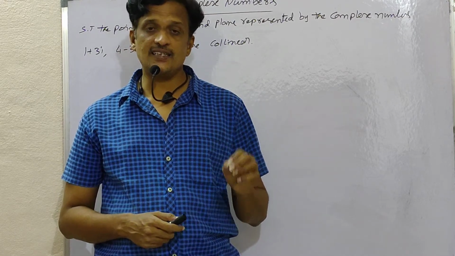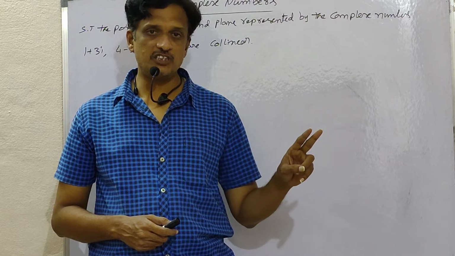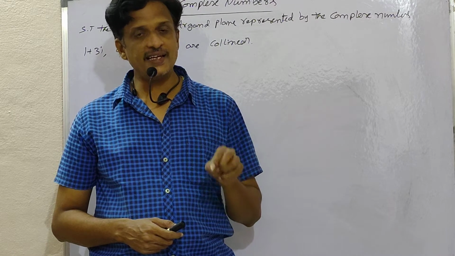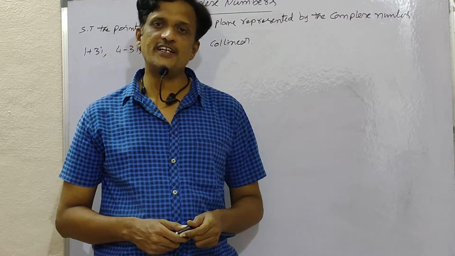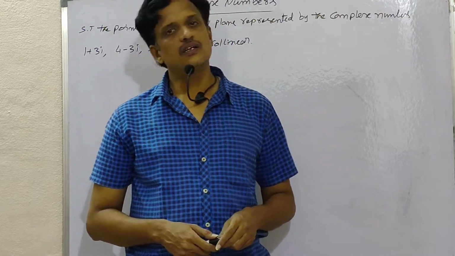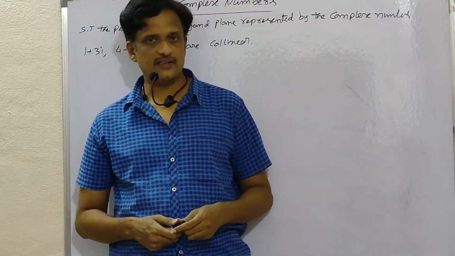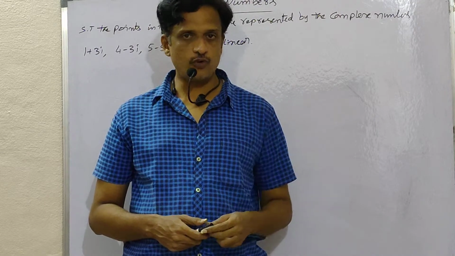If 3 points are on the same line, means through any 2 points you can draw one straight line which is passing through those two. If the third point also lies on the line joining the first 2 points, you can say that the 3 points lie on the same line, means they are collinear. So there are different methods to prove that the points are collinear. In straight lines, in coordinate geometry, we will discuss all the 4 methods.